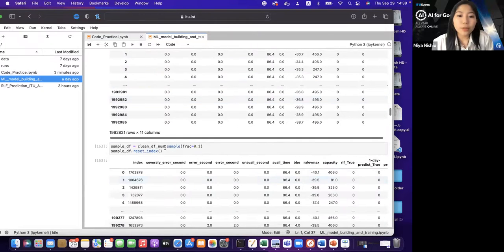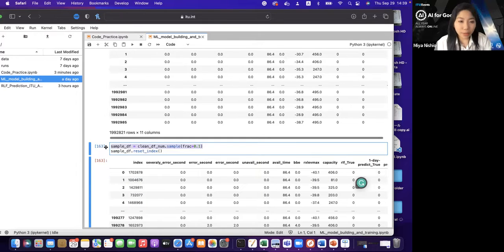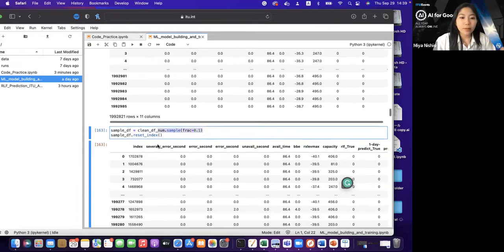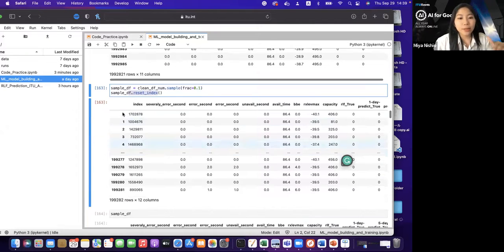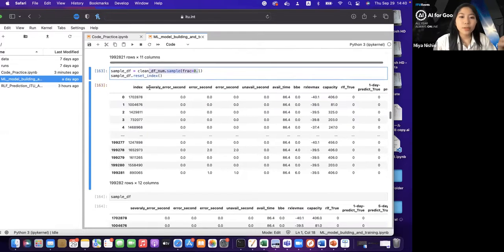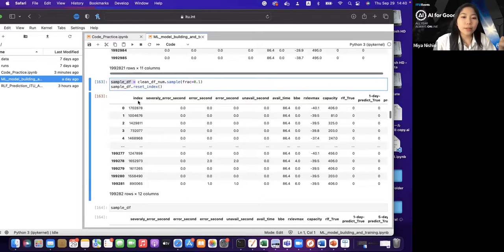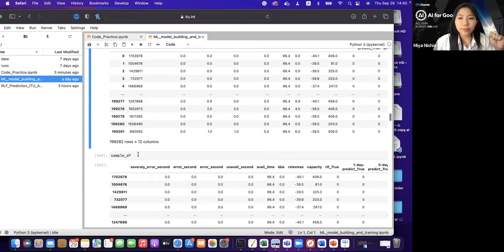And then we're going to take just a fraction of this. Again, this may not always be a good idea, but if you use the entire data set, it will take a long time to train your model. We're just going to take basically 10%. Then we have to reset the index so that it goes back from 0 categorically, because this will just take a random sample of 10% of the data. So this creates a new data frame called sample df.